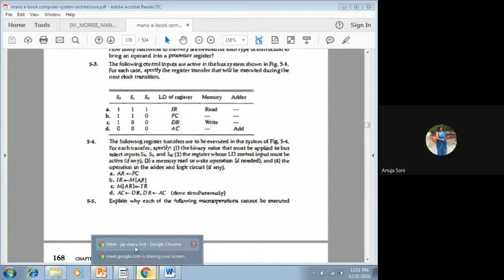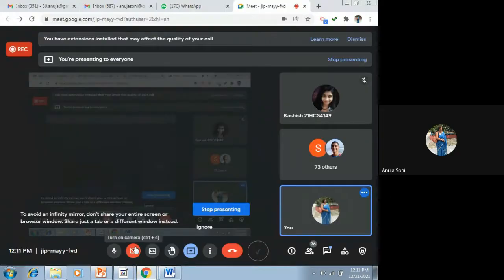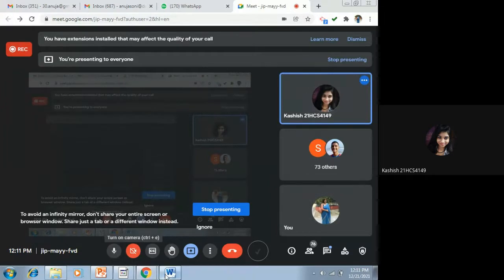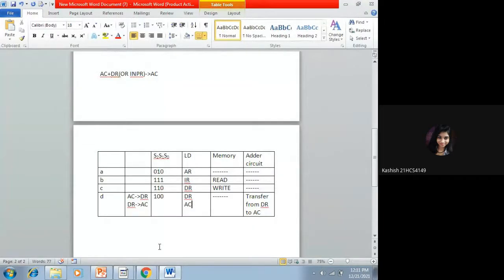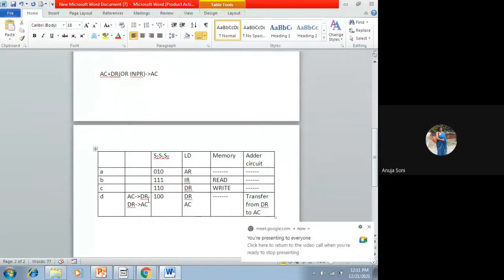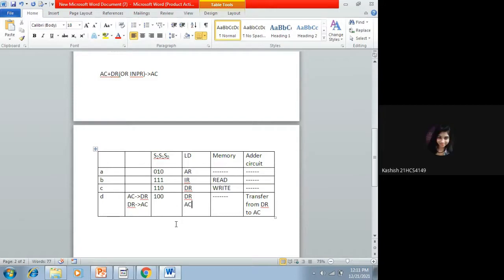Yes, your query, please. Ma'am, at last, the value of AC and DR will be same, right? AC से आपका DR में गया, से AC की वैल्यू हमने 25 ली. AC से हमारी वैल्यू गई DR में, yes of course, और DR की वैल्यू 25 थी, वो वापस AC में आई. Yes, सेम रहेगी वैल्यू. वेरी राइट, नो इशू. ठीक है. Yes, ma'am. Right? Any other doubt? No doubt? So should I continue with question number 5?